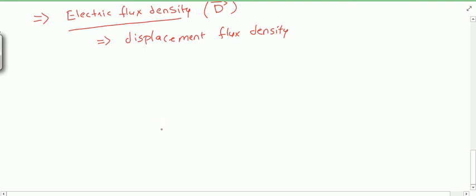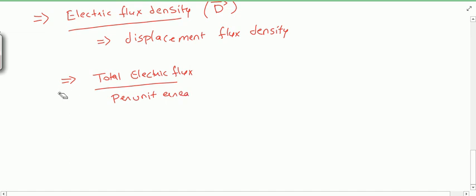What is this electric flux density? As you see, this is an electric flux density. So electric flux density is total electric flux per unit area. Total electric flux per unit area is known as electric flux density. This is the definition. Basically, we can define the electric flux density as